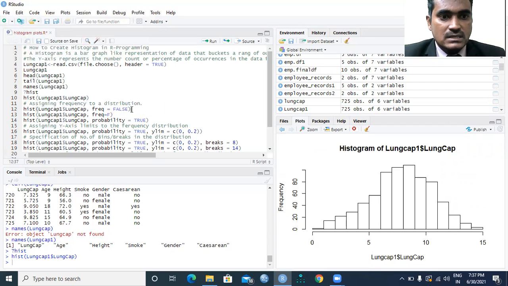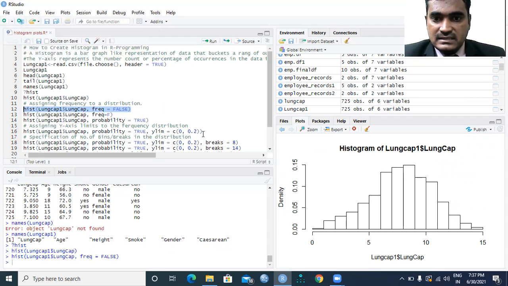Now what we will do is assign the frequency on the y-axis, the density on the y-axis. So you can see here the density on the y-axis, which we have assigned with the help of a frequency, FREQ equal to false, right?